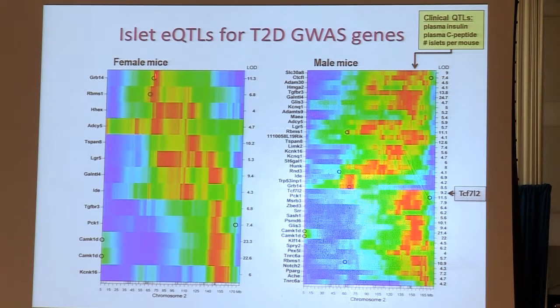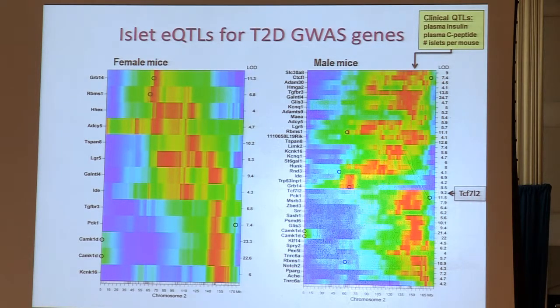So this little black circle indicates the genomic location of that gene. And when that coincides with the red stripe, that indicates that that is mapping to itself. So we would consider these two genes cis and these other genes trans. And in fact, probably all of the genes, with the exception of GRB14, we would consider trans in the male